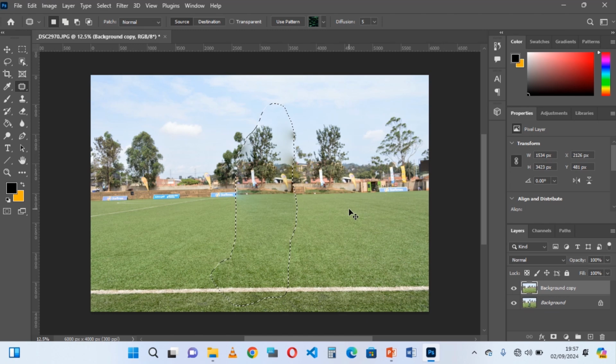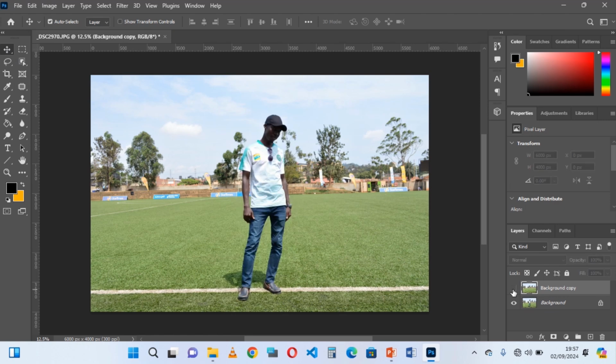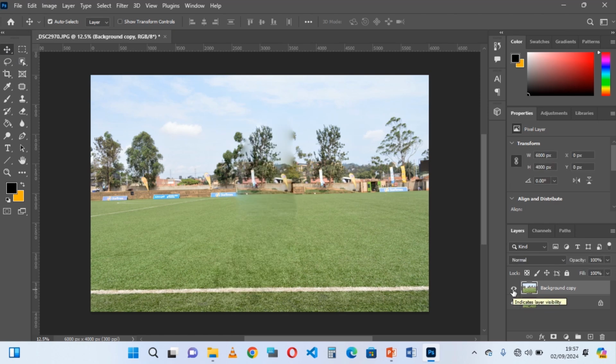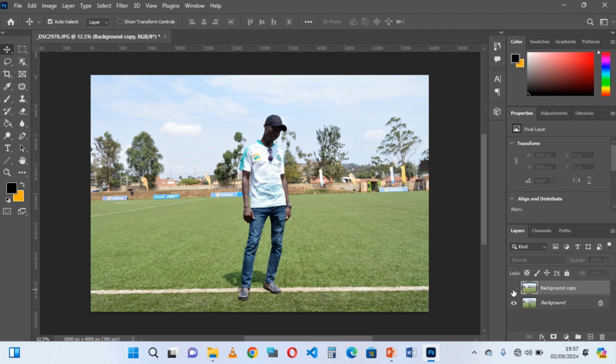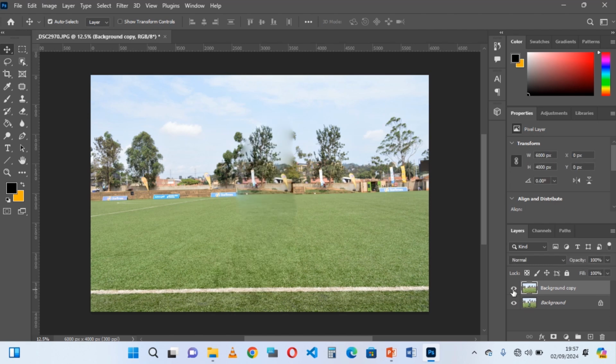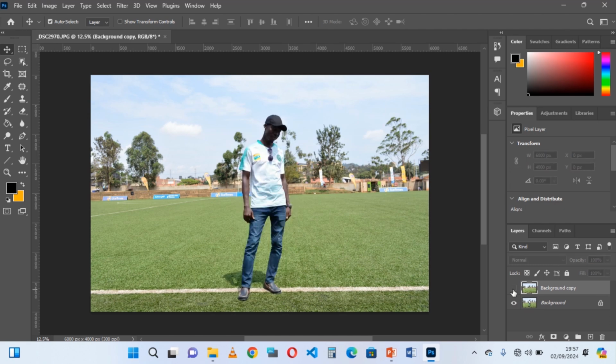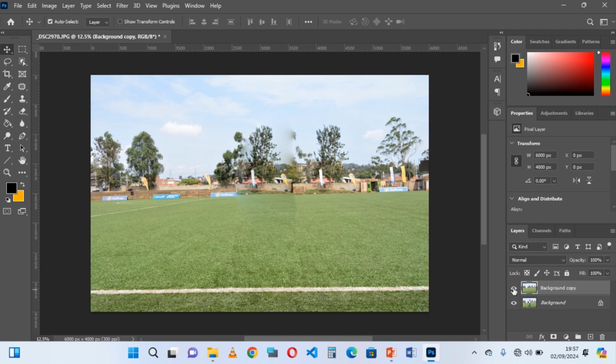So you can see how the line doesn't show any variation. Like no one can see from this line that something was removed from here. So this is how you can use path tool to remove an image